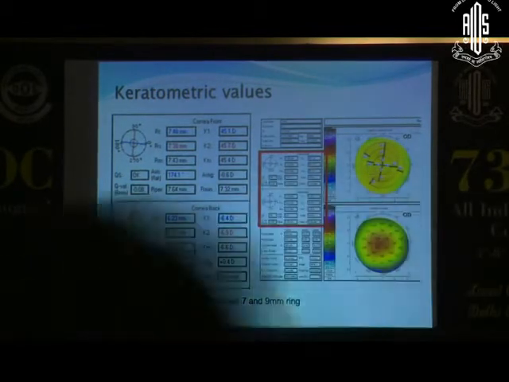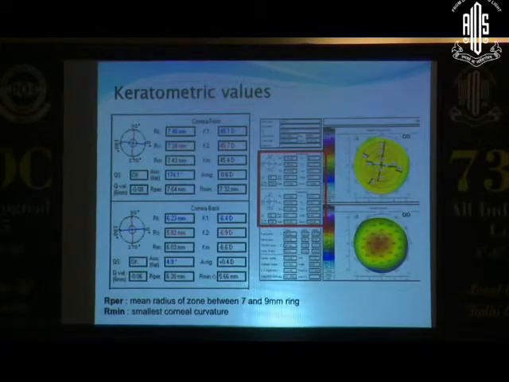So many times when I'm seeing a case of keratoconus and I look for follow-up, we really only look at the K1 and K2. Well, actually the cone may be in the peripheral zone of the cornea, and you may actually have to look at R min or R per to see for progression of keratoconus.